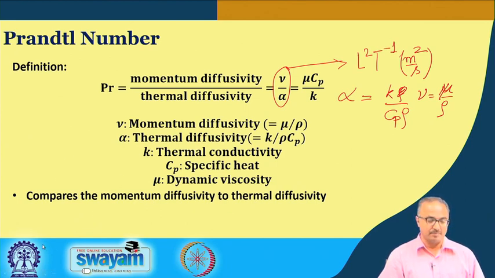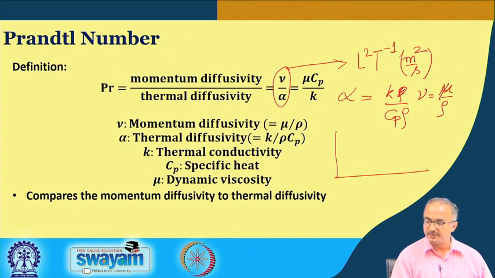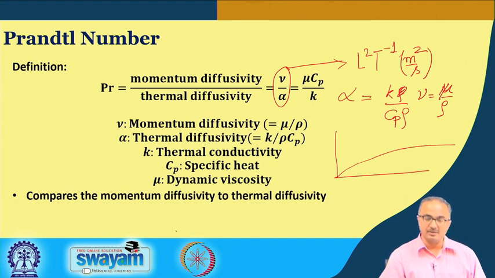This particular Prandtl number comes in the heat transfer analysis, and it dictates how the momentum boundary layer changes with respect to the thermal boundary layer. And you know that boundary layer means that within which the flow is developing. Many times, whenever a flow is developing, for some time there is a boundary layer formation and then it reaches a particular constant value. This boundary layer may be for the momentum, for the species, or for the energy.